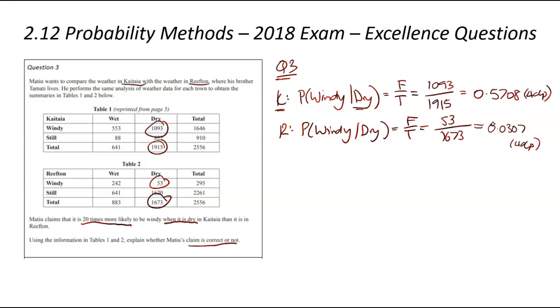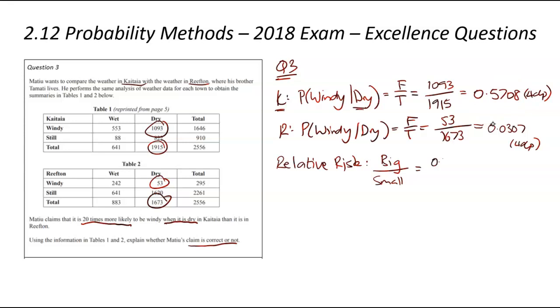Once we've got that, we're making this comparison, 20 times more likely. When that happens, that's normally talking about relative risk. So let's jump in. Let's find the relative risk of these. And don't forget, relative risk, I encourage you to go the big number divided by the small number. And that's because it's just easier to explain. And the big number is on the top up there, so that's